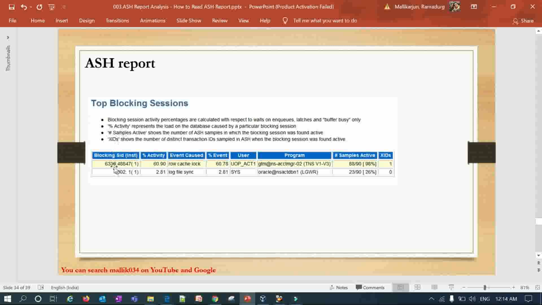Here, if you see this particular SID, this is the activity, and this is row cache lock, 60% of the event, and the user is this one, and this is the program, and samples active, like 98%. So you have to check it out at this time. There was one particular session that was blocking.